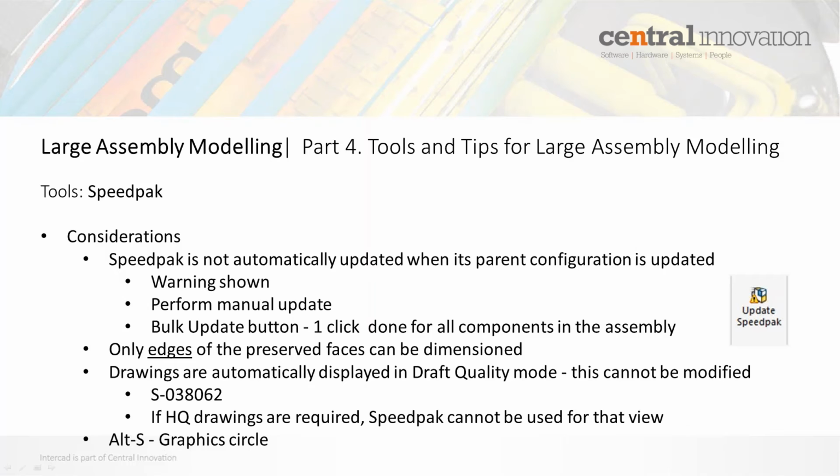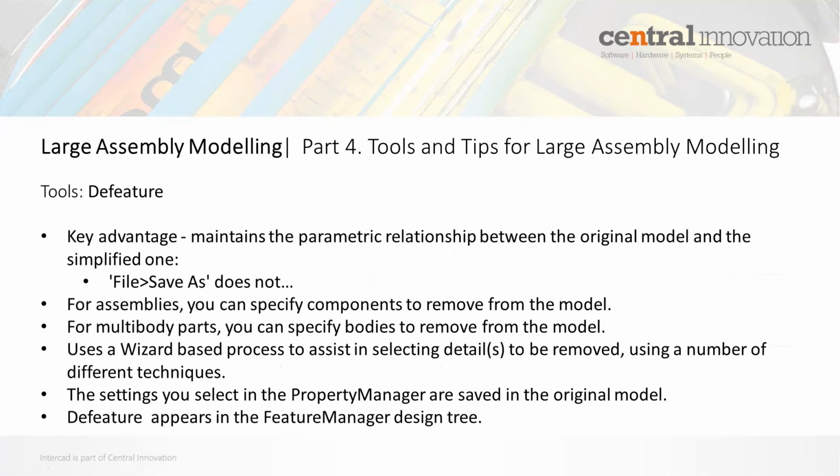Some other tools that we can use in SOLIDWORKS to simplify. One is the Defeature tool. The key advantage of using this tool is that it maintains the parametric relationships between the original model and the simplified one. If you do a file save as, those parametric relationships are not necessarily retained. For assemblies, you can specify components to remove from the model. For multi-body parts, you can specify bodies to remove from the model. The Defeature tool uses a wizard-based approach to assist in selecting details to be removed using a number of different